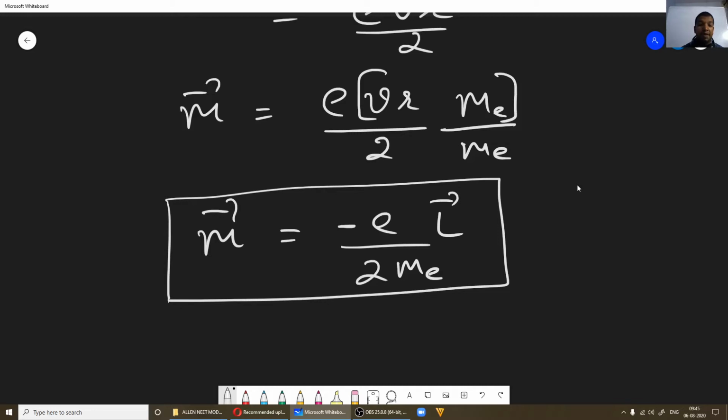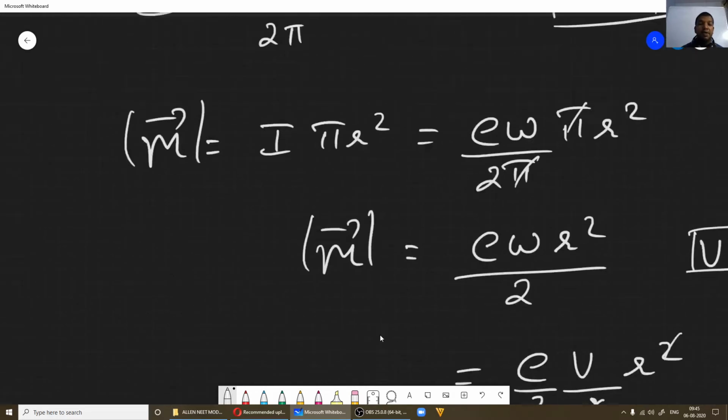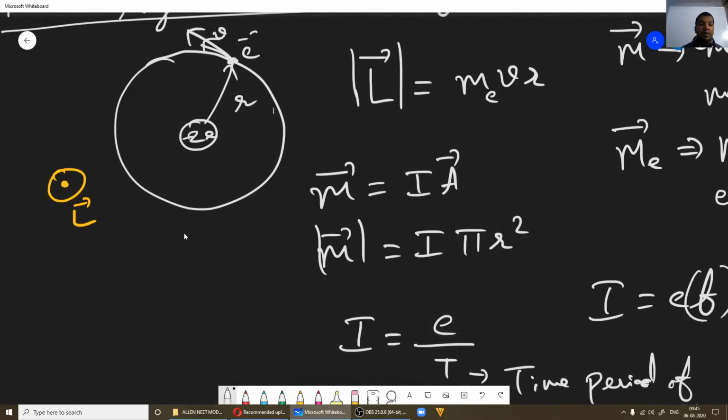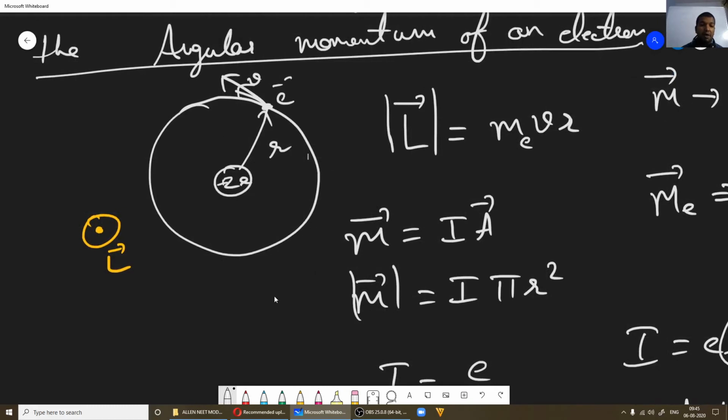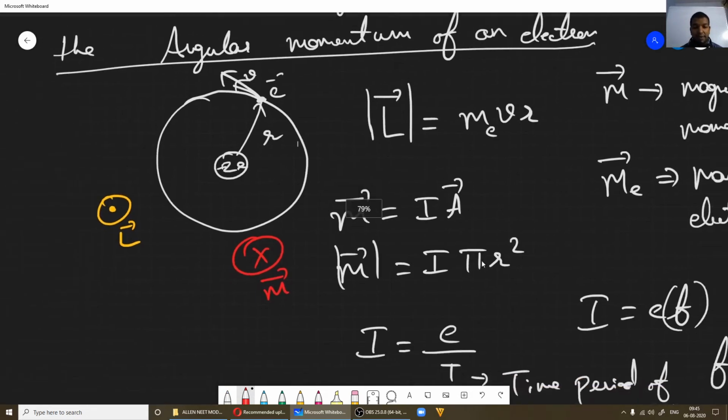You can check that: the magnetic moment is given by the right hand rule for I. Here, if the electron flow is anti-clockwise, the direction of current will be clockwise. If the direction of the current is clockwise, you can use your right hand rule, and you will get to know that the magnetic moment m will be into the plane of the screen, perpendicularly.